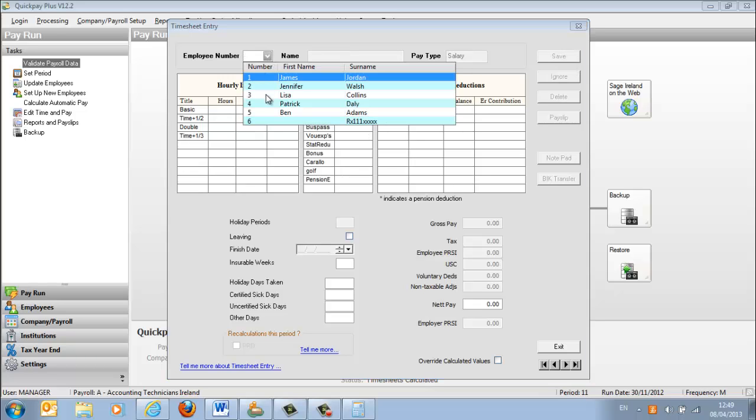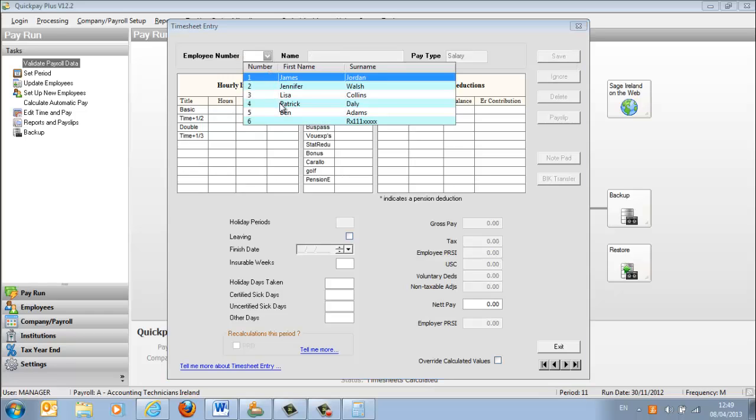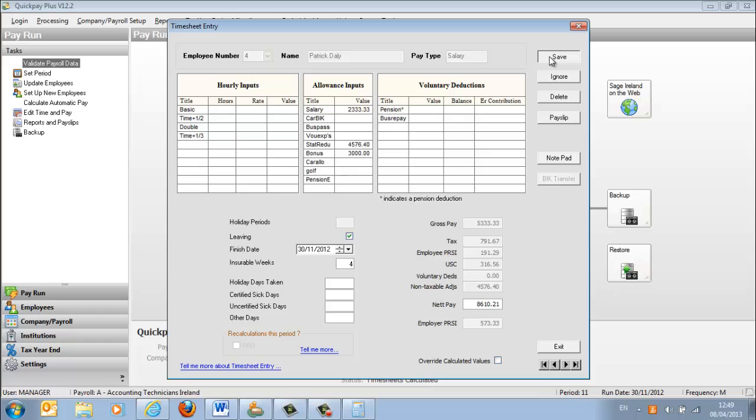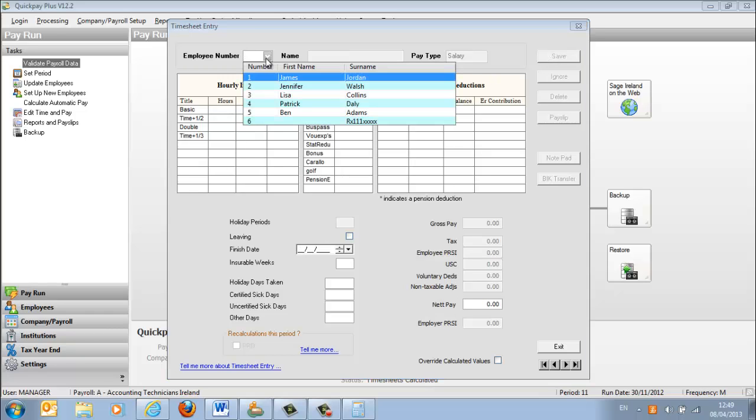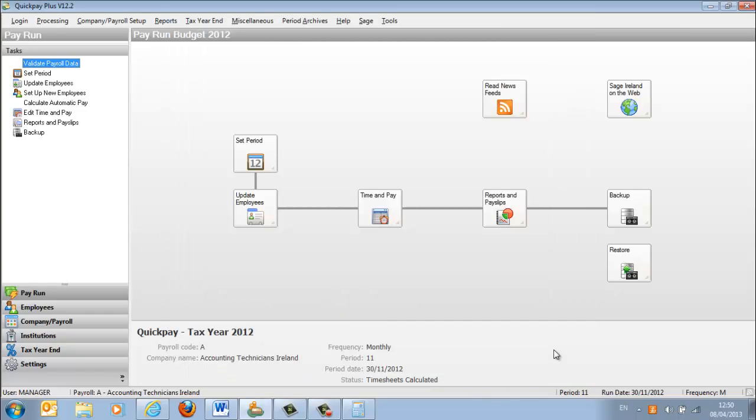2, Lisa, who dealt with 3, Patrick Daly, who dealt with save, Ben Adams, who dealt with save, and finally yourself that set up as save. Okay, now exit. Now at this stage you turn around to the website and you have all your various reports